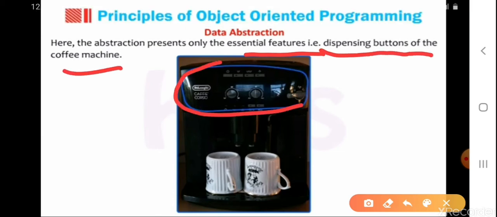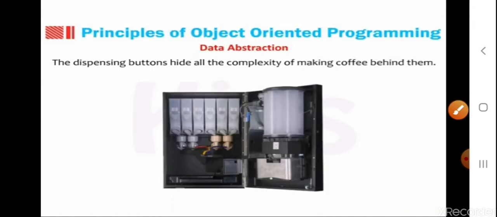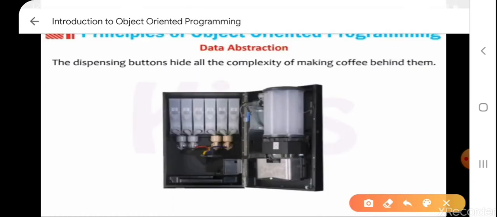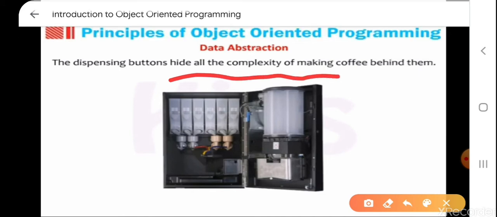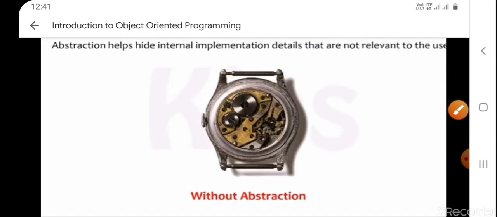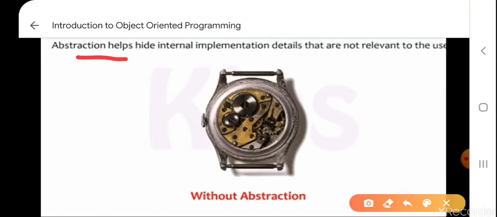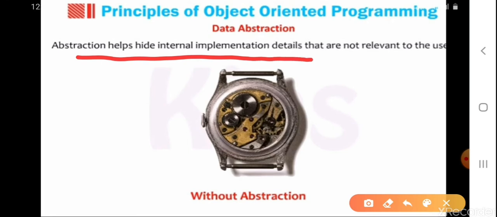See these buttons. Now, the dispensing buttons hide all the complexity of making a coffee behind them. Abstraction helps to hide the internal implementation details that are not relevant to the user.